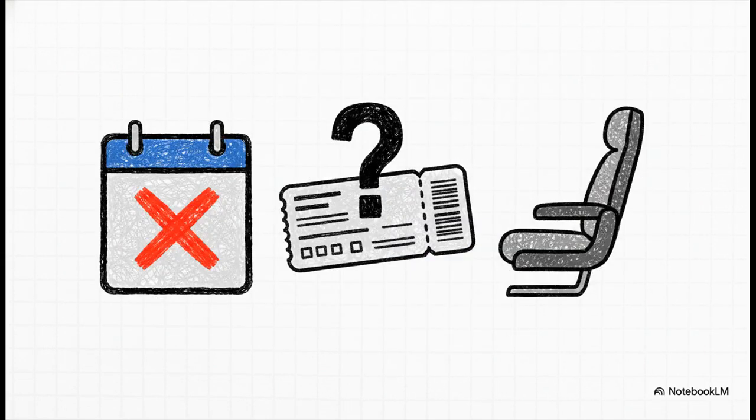All right, the first major theme it found was all about logistics. The system identified this huge cluster of tweets that were all focused on flight cancellations, problems with booking, and trouble getting a specific seat. This is that classic, super frustrating part of travel where your plans just fall apart before you even leave the house, a huge source of customer anger.